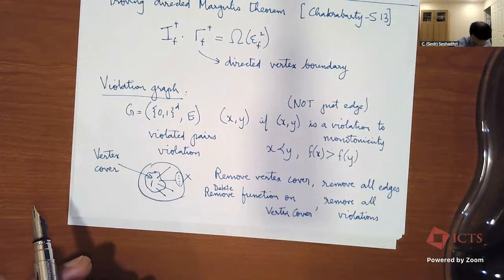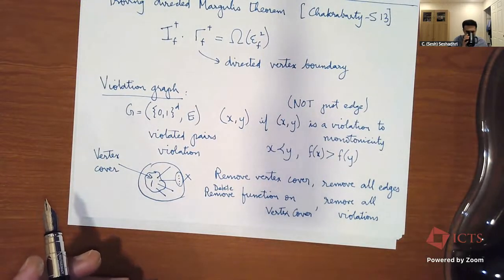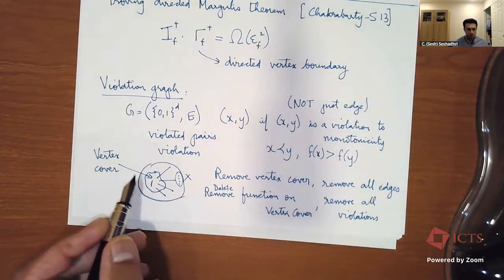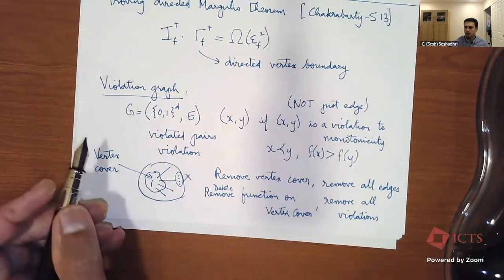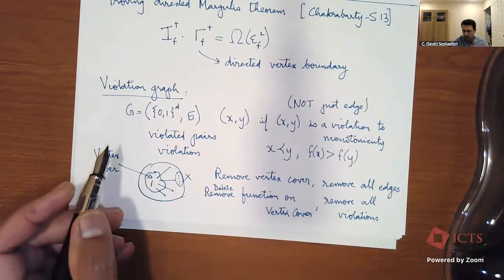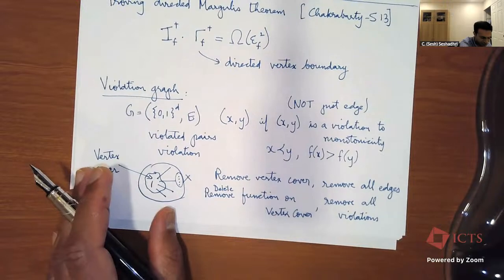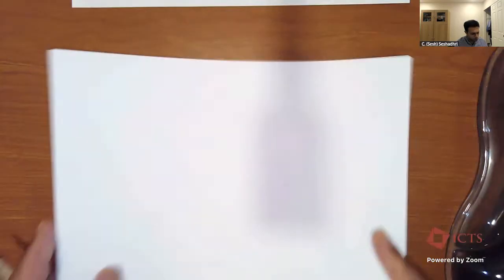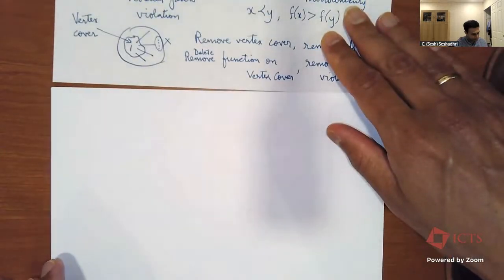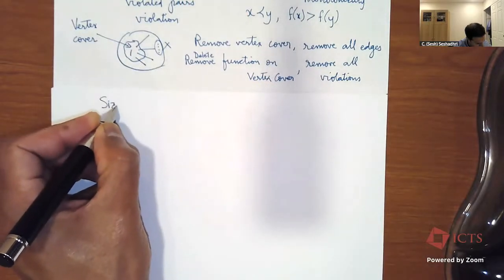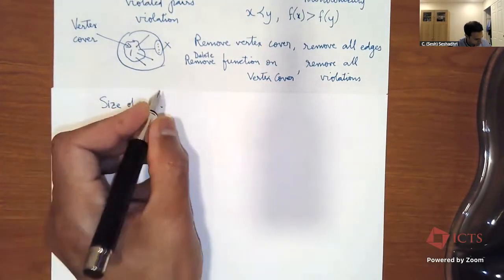Okay, any questions about this? And indeed, what this means is that the size of the min vertex cover is an upper bound on the distance to monotonicity. And indeed, actually it turns out to be equal. So what you can get is that, and again, I'm just talking about the hypercube in this calculation here, but it works for any domain. So the size of the min